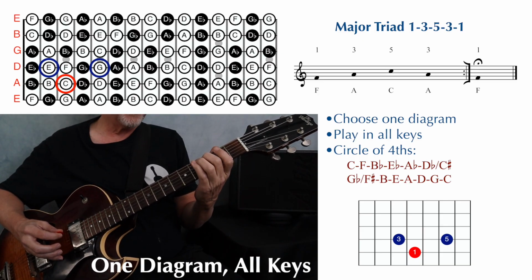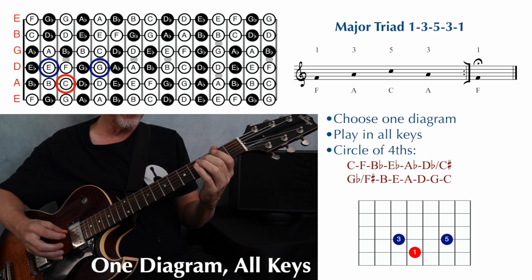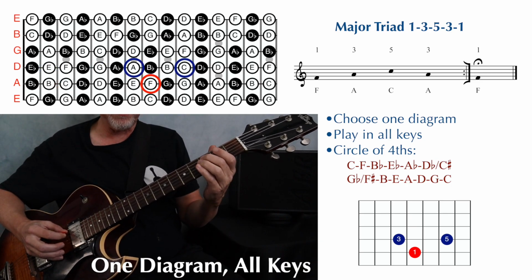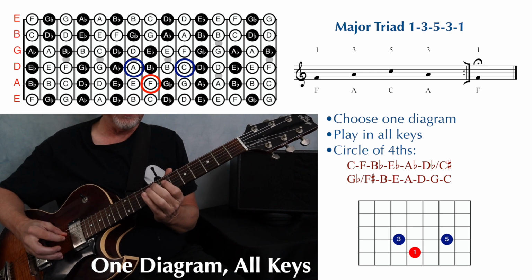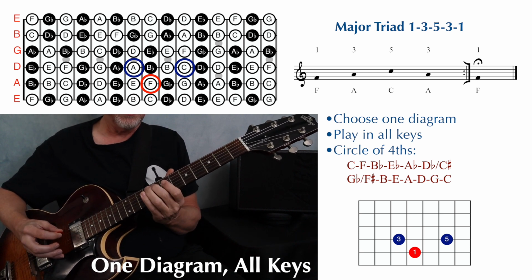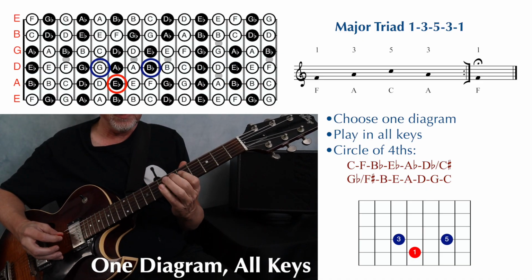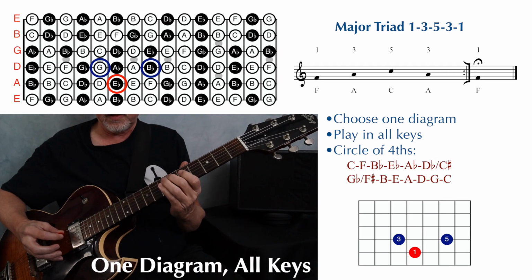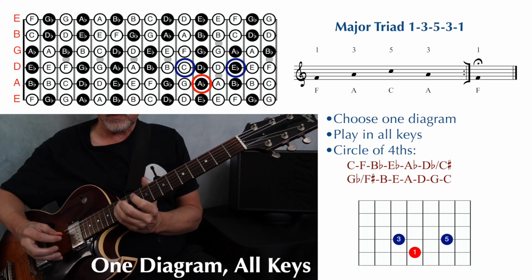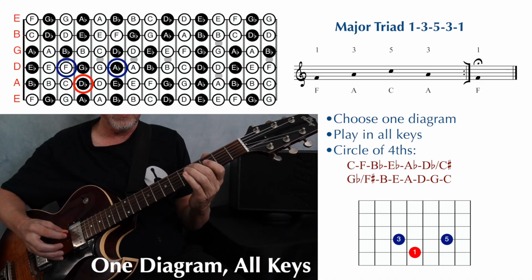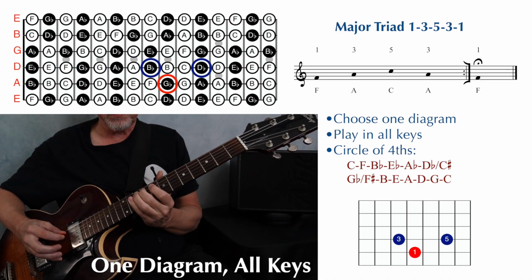We're going to be using the same diagrams, so we're going to find all of our starting notes on the same string. Next in the cycle is an F. So F major, and take yourself through the cycle. B flat, E flat major, A flat, D flat, G flat or F sharp,